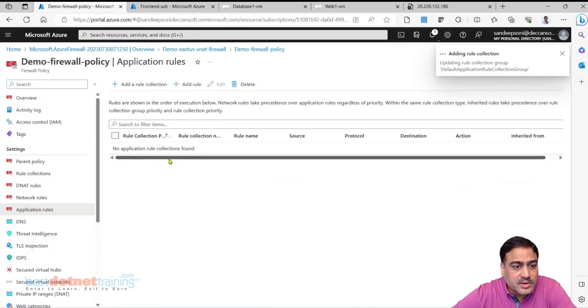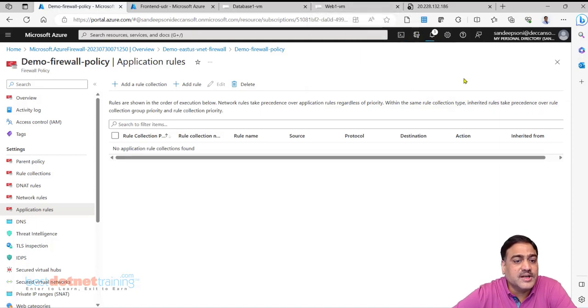The moment I create this rule, once the rule is successfully created, I will be able to go to this VM and start browsing internet again. All websites I have allowed. You might say only these websites are allowed, and straight away create them, or do it the way I am doing it.